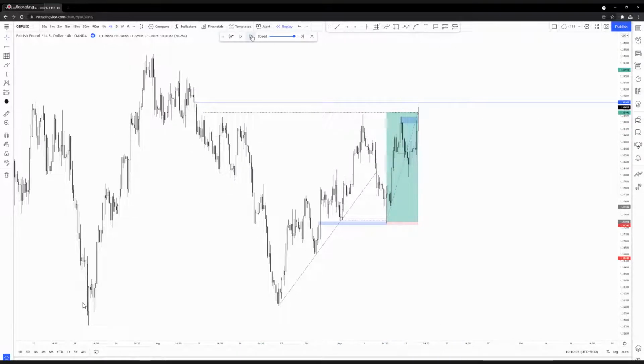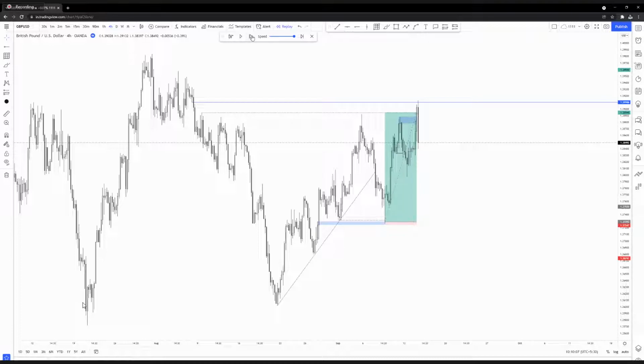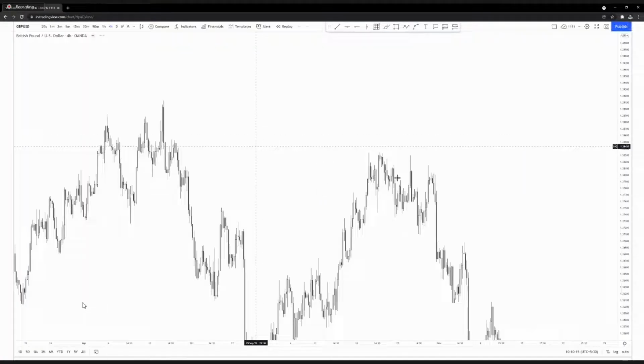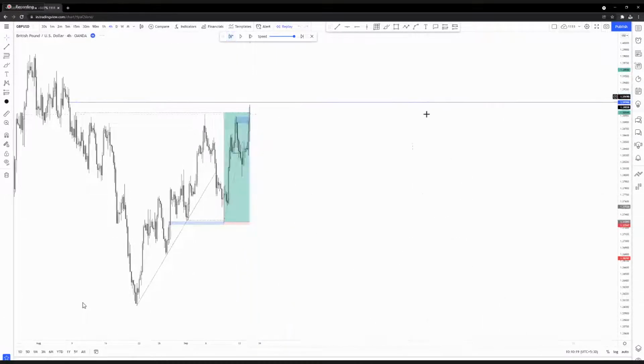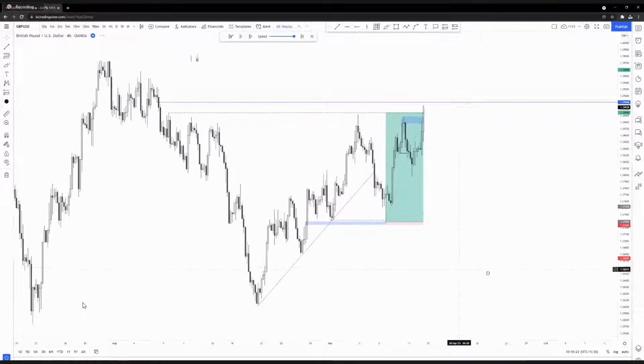But yeah, what happened? Tapped into the imbalance and now it's coming back down. See that? Just a little tap into the imbalance and it's coming back down. Now, why was that imbalance high probable? Because of all of that liquidity. Yeah, I'll have to refresh this every single time, every 10 minutes, because there's an issue with TradingView which is laggy.